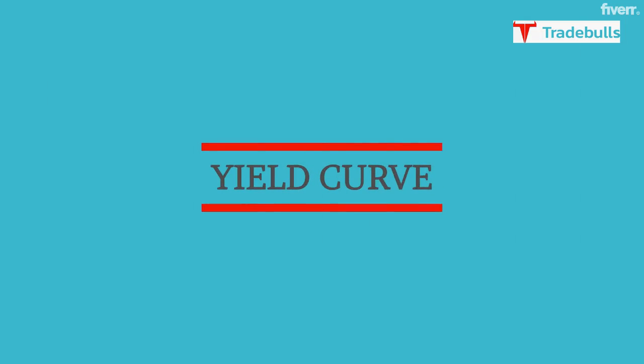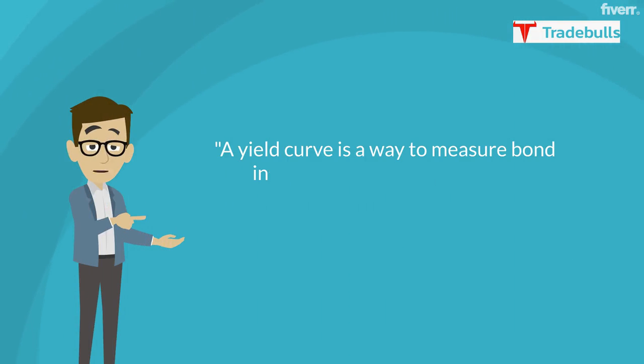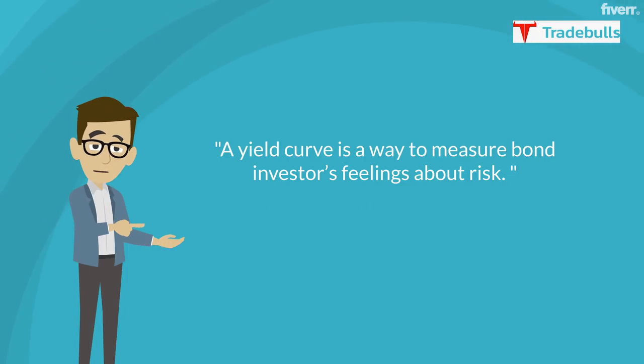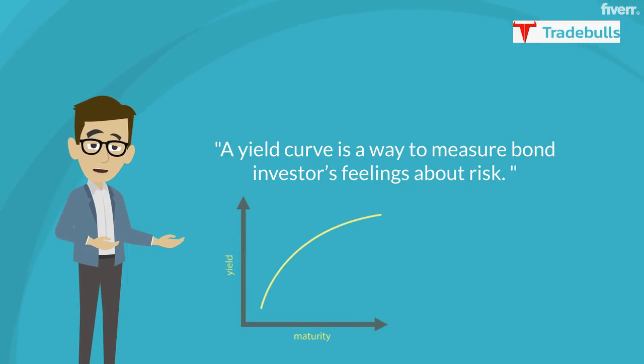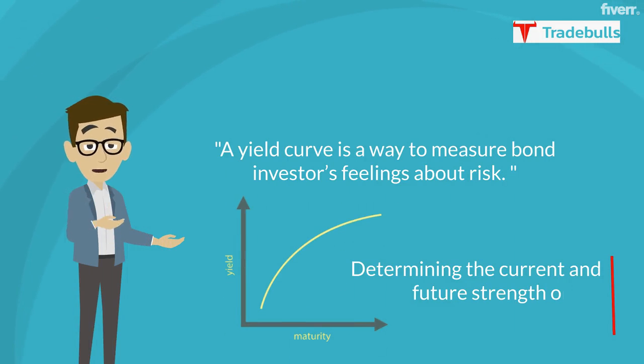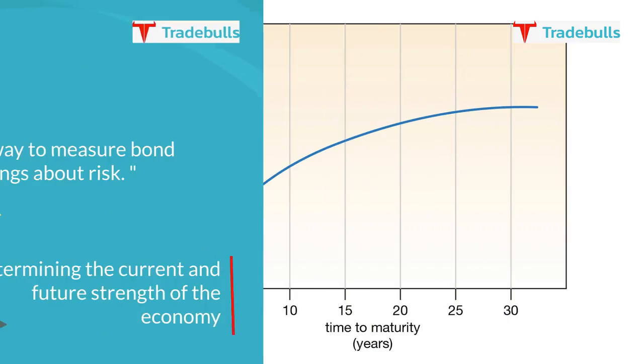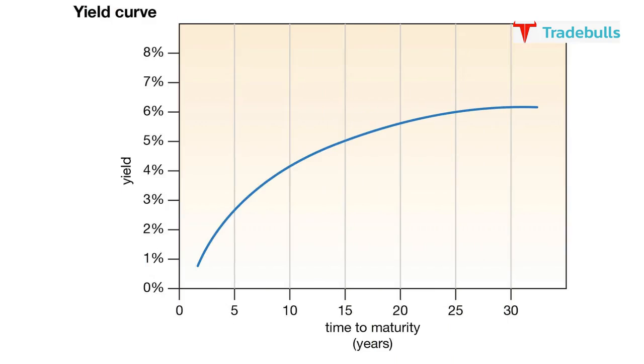Yield curve. A yield curve is a way to measure bond investors' feelings about risk. The shape of the Treasury yield curve helps in determining the current and future strength of the economy. A yield curve is a line that plots yield, i.e., interest rates of bonds having equal credit quality but differing